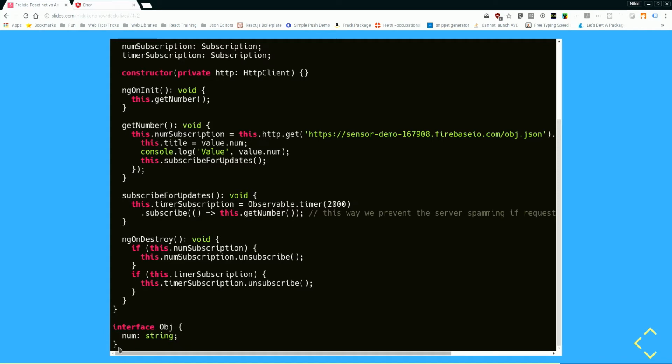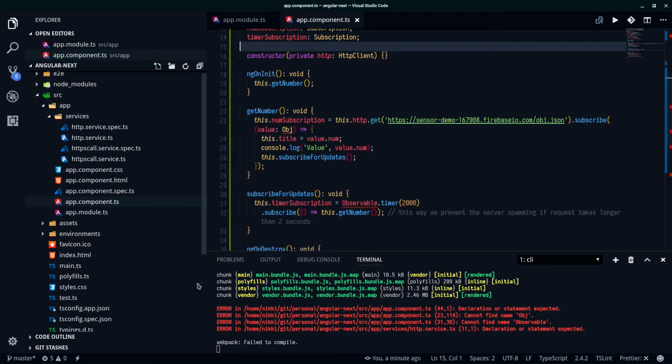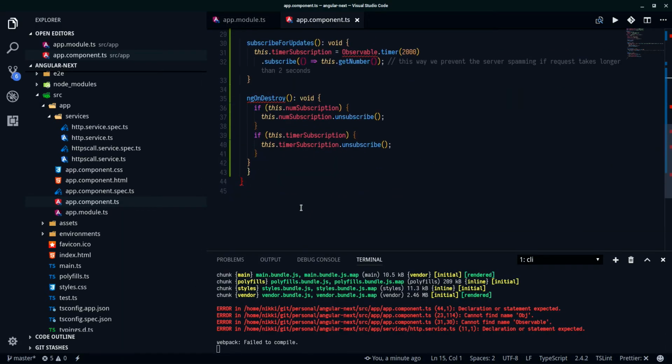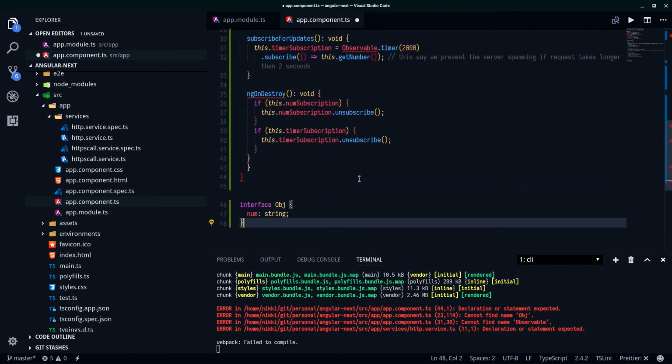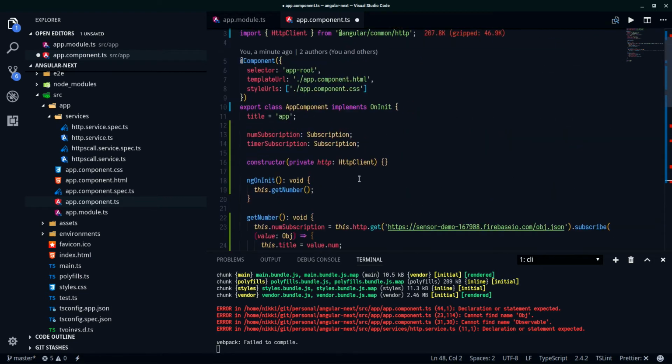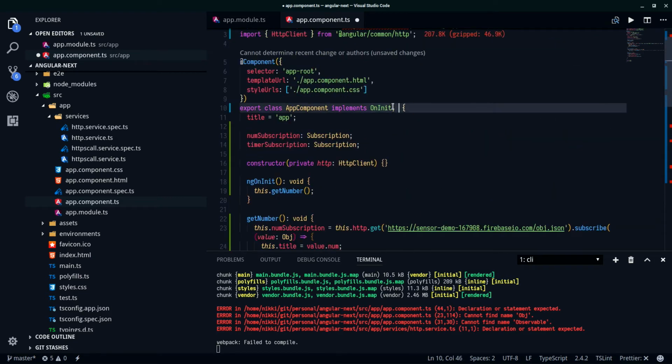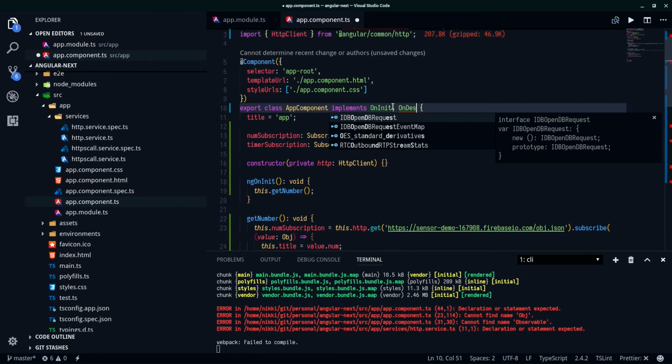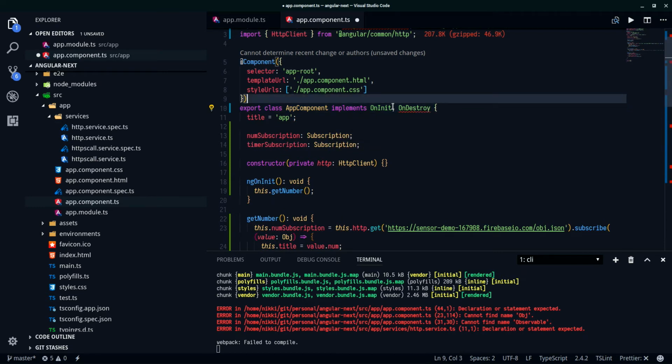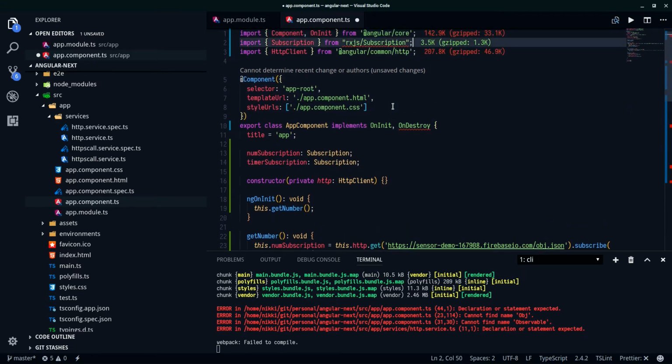See this tiny thing? Interfaces. My favorite thing. I know Bekkis loves them. I know Eero loves them as well. Let's provide an interface so it stops complaining. And we also need to add OnDestroy, so we're going to destroy the object. This is basically the component lifecycle, OnInit and OnDestroy. It's the same as componentDidMount, componentWillUnmount.